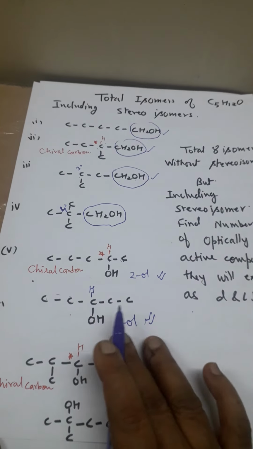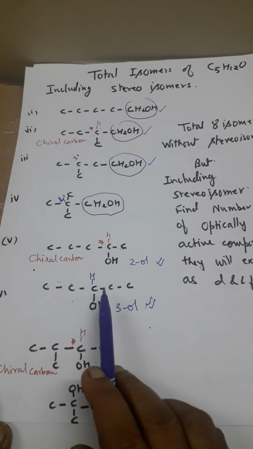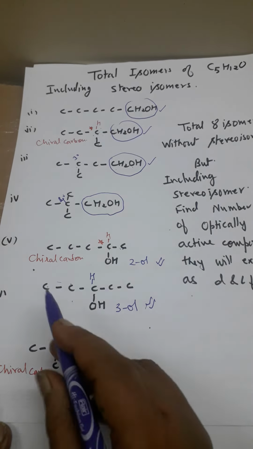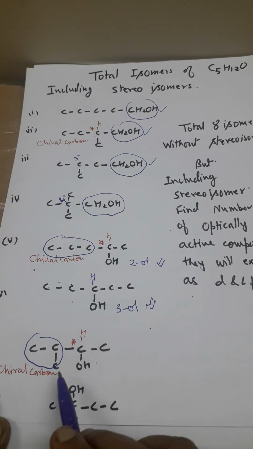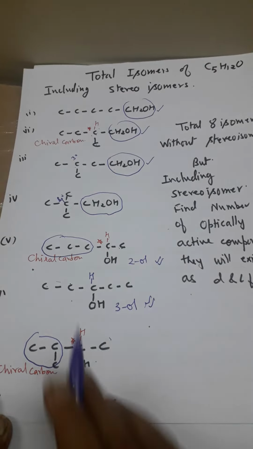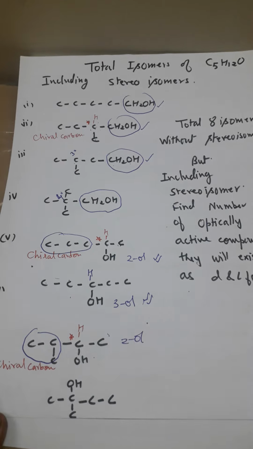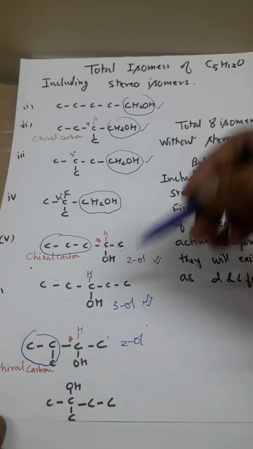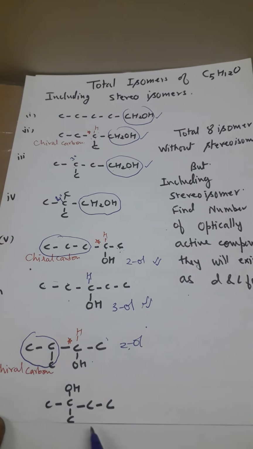I am saying the position of the OH group only. And then see here, this chiral carbon. Now what I did, I put one C over here. This is the iso grouping I did. See, this is the iso grouping and this is the normal grouping, normal propyl. Clear? So see here, it is also 2-ol, but the iso grouping is also present. So it is 2-ol. Clear? I am not giving you the IUPAC name here. So this is a secondary alcohol, this is a secondary alcohol, and this is a secondary alcohol. Clear to you? And now the 8th one is a tertiary alcohol.